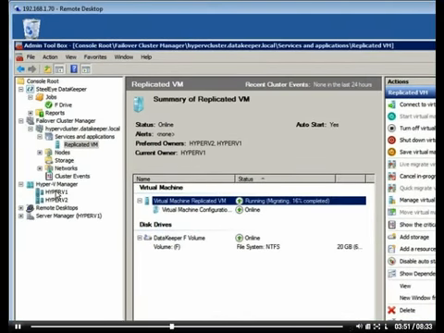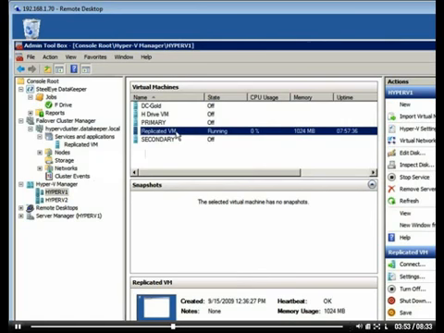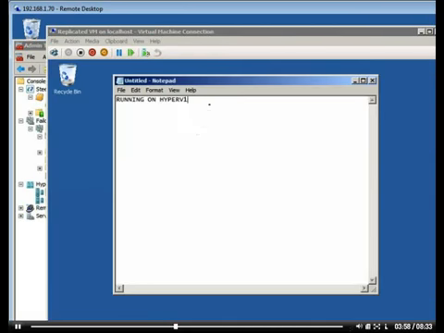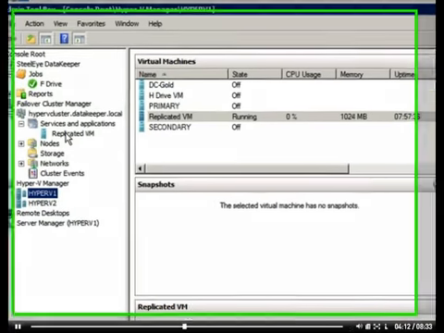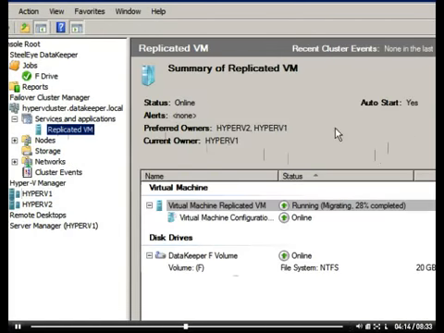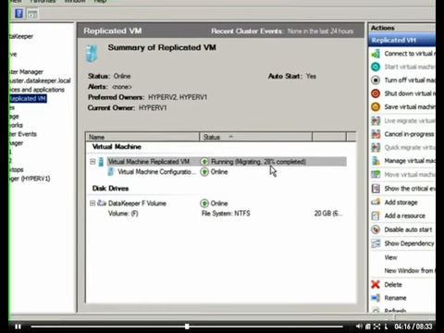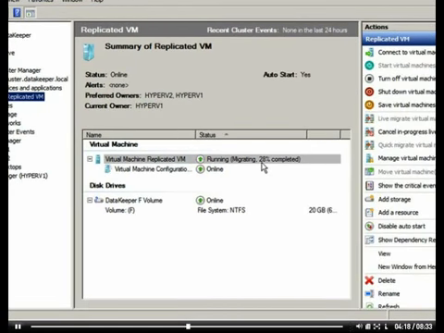If we go to the Hyper-V Manager, we still can access that virtual machine, and we can still work in this virtual machine. So we are now live migrating. So the virtual machine is still available. This is the big difference between live migration and quick migration, where in quick migration, during the migration process, the virtual